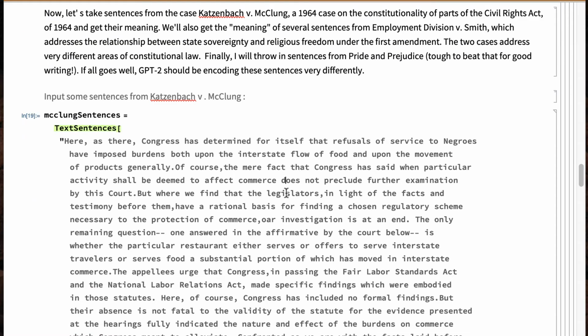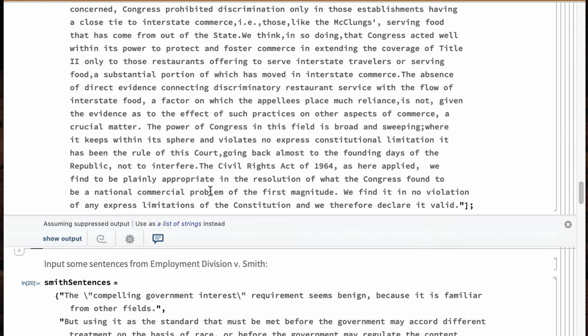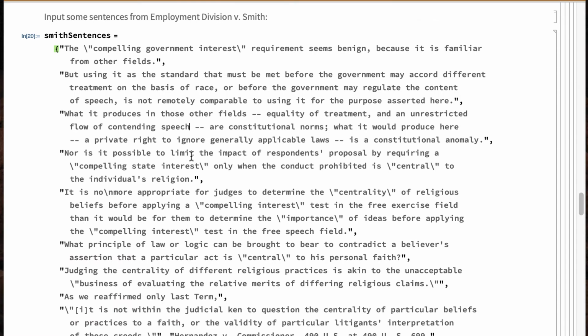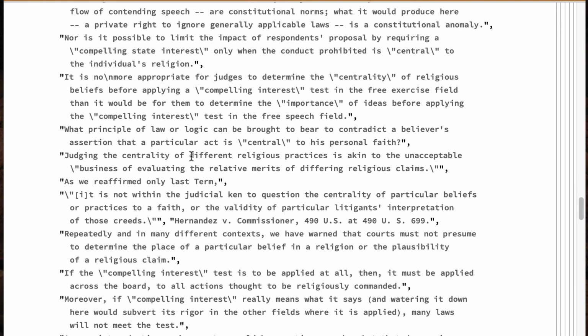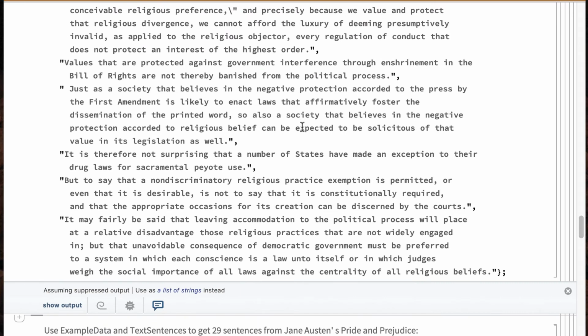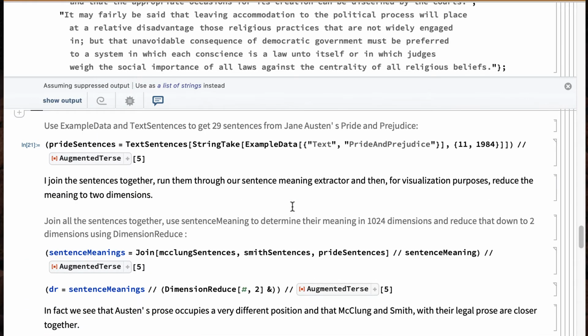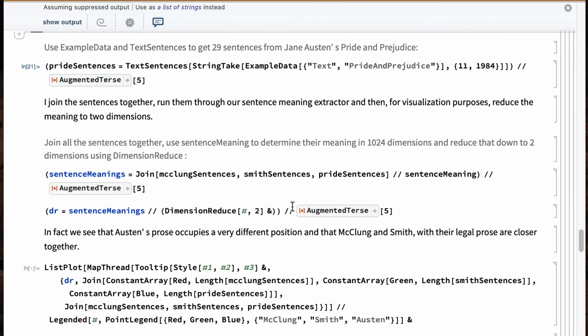So let's suck in some sentences from McClung. I'll use text sentences, which we've seen many times before, to break that up into sentences using some pre-constructed AI in the Wolfram language. We have our Smith sentences. By the way, I've taken out some citations here because I wasn't sure what GPT-2 would make of them, and I didn't think we wanted to be testing it on its ability to parse the Blue Book.